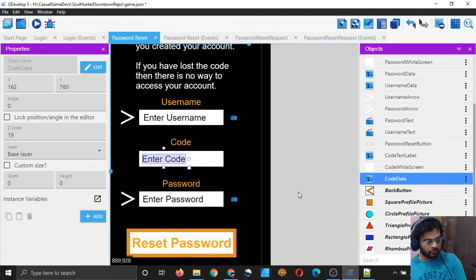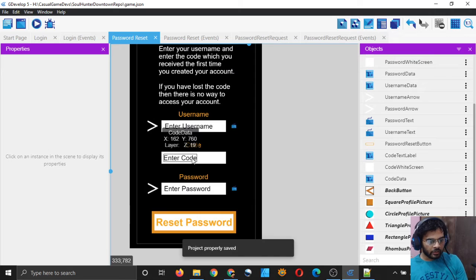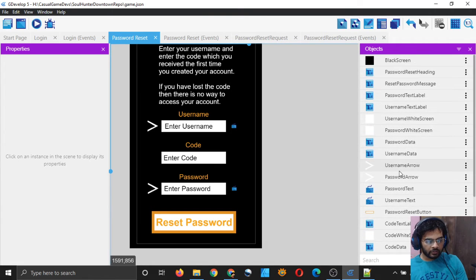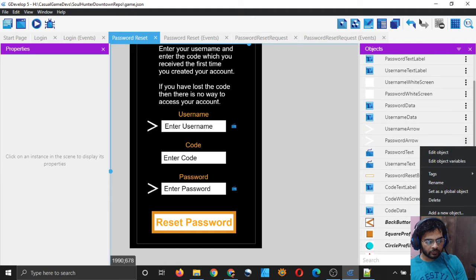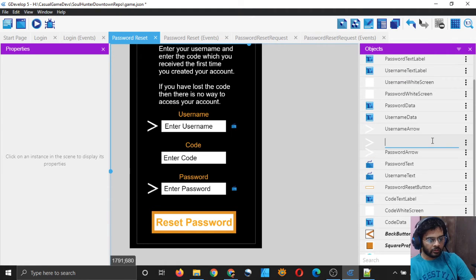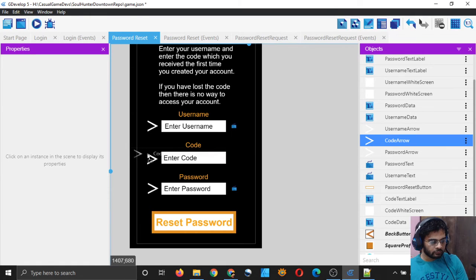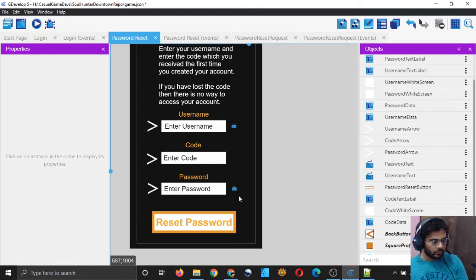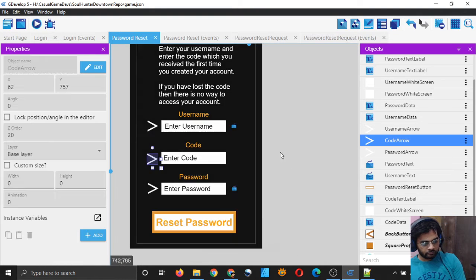So that's good. And I need a code arrow just like the username arrow. I will simply duplicate the password arrow and I will call it code arrow, and I will simply drag it here, right? So that's good.